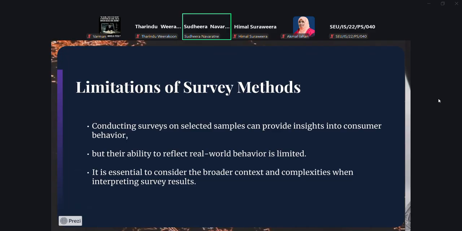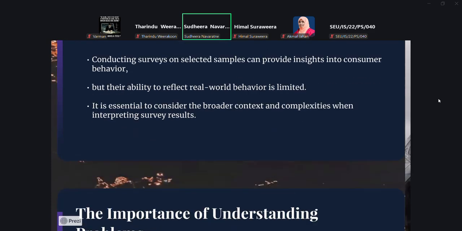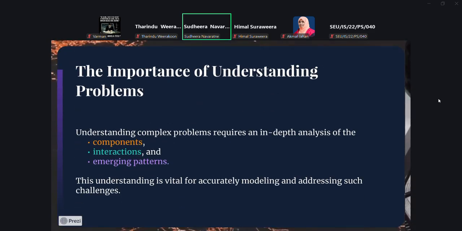So we can consider the broader context when interpreting the survey results. When you are doing agent-based modeling or any other modeling, it's very important to understand the problem.